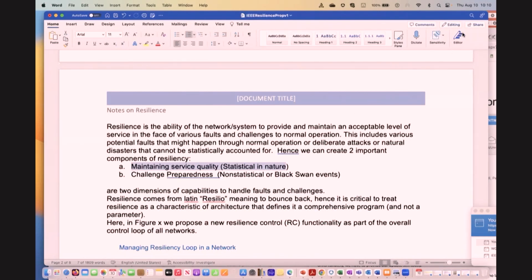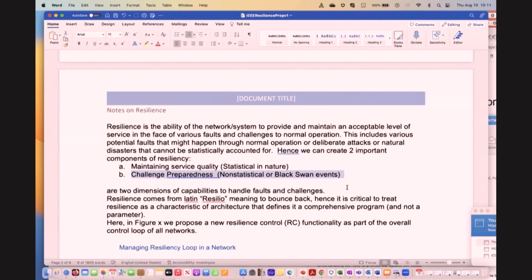Okay, thanks. The second component, which is where the picture of that black swan comes from, is things that happen infrequently or non-statistically, things that cannot be quantified statistically. It happens once in a blue moon, but when it happens, it strikes, like a big natural disaster, a big terror event, or an event that cannot be foreseen, but you still need to prepare for it, because if you cannot prepare a system for those conditions,